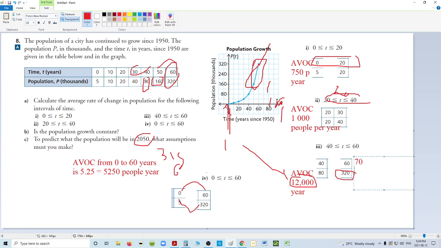in year 70, we're trying to figure out year 100, population will be 640, and I might have got it wrong in that first. In year 80 the population will be 1,280,000. And in year 90, the population will be 2,560,000. Yeah, I did get it wrong. And finally, by year 100, which is the 2060 they're looking for, the population will be 5,120,000 people. So you can see the population went from 5,000 people to 5 million people in